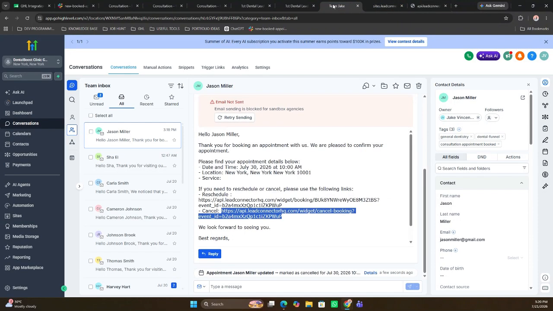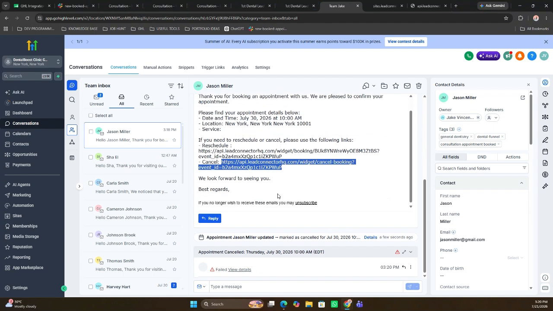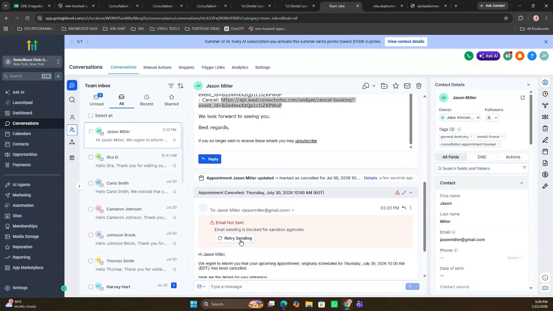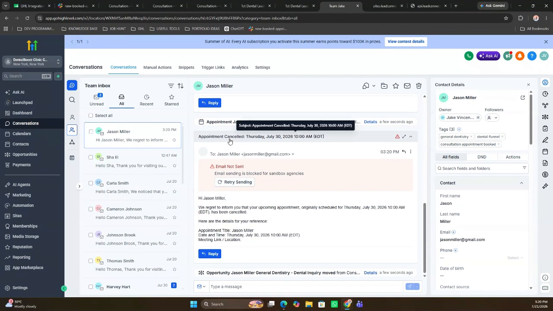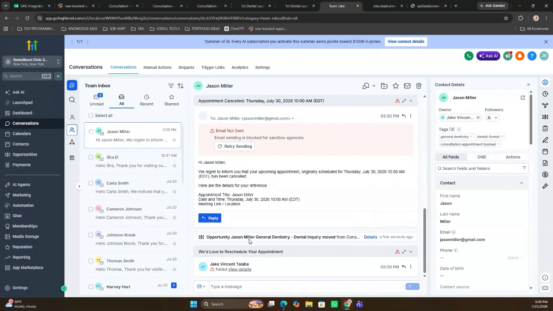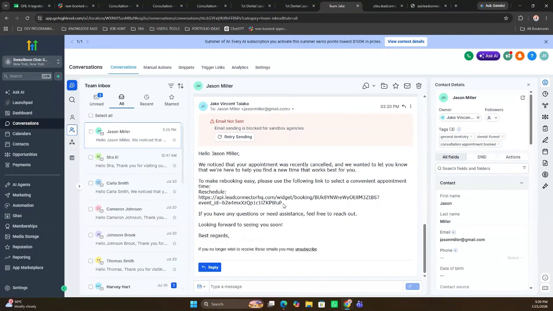Okay. So once it is canceled, he will automatically receive an appointment canceled confirmation in his email, and he will also receive a link where, if he wants, he has the option to reschedule.